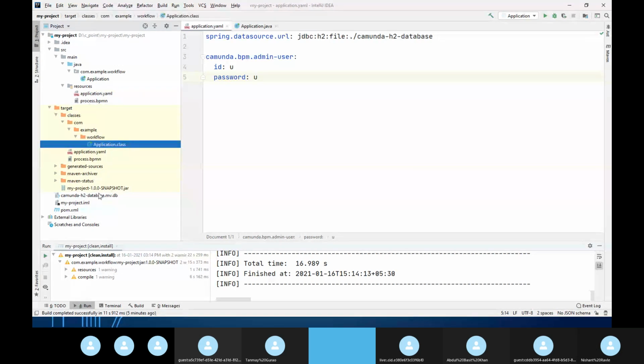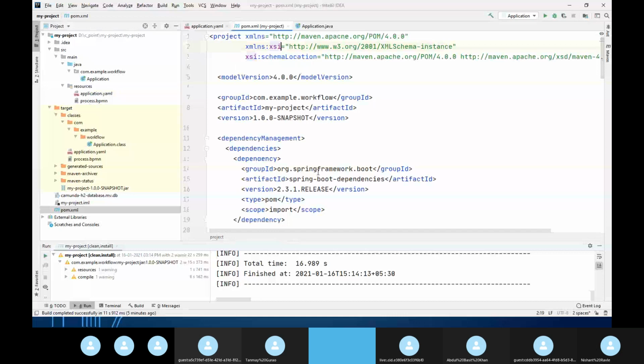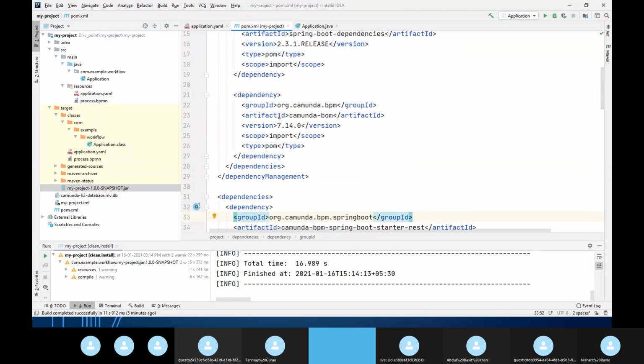Okay, so one of the classes that you will find in this is application.class. Now what are the other classes that you will find? The other classes belong to, suppose we have this library, so there are thousands and lakhs of classes in this, and that will be present in this. Now if I scroll down, I have one more dependency.